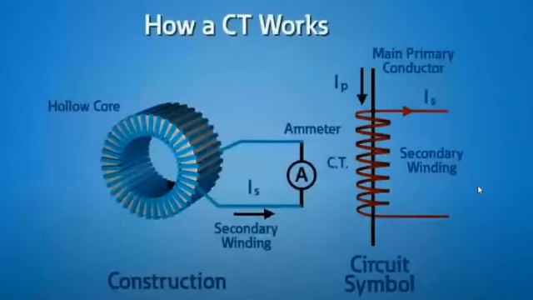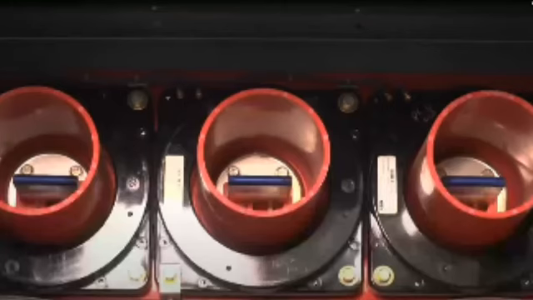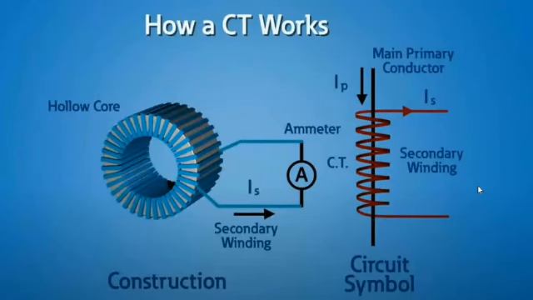A current transformer basically has a primary coil of one or more turns of heavy cross-section area. In some, the bar carrying high current may act as primary. This is connected in series with the line carrying high current. The bar type primary you can see in the